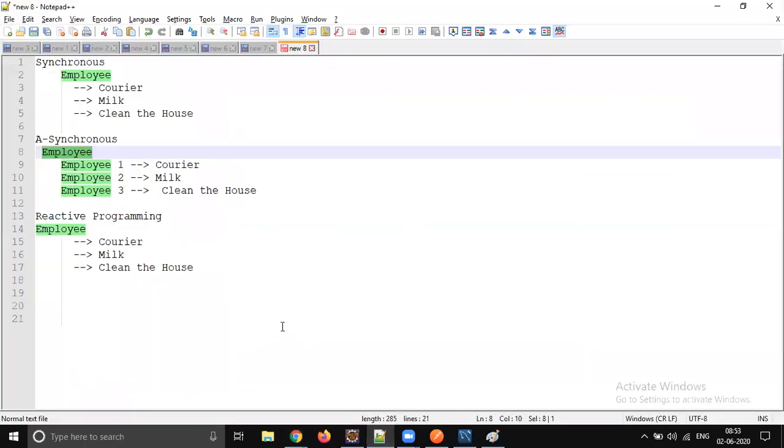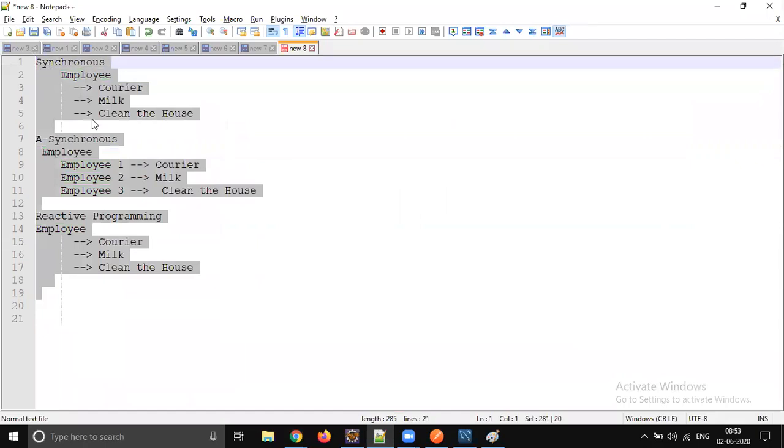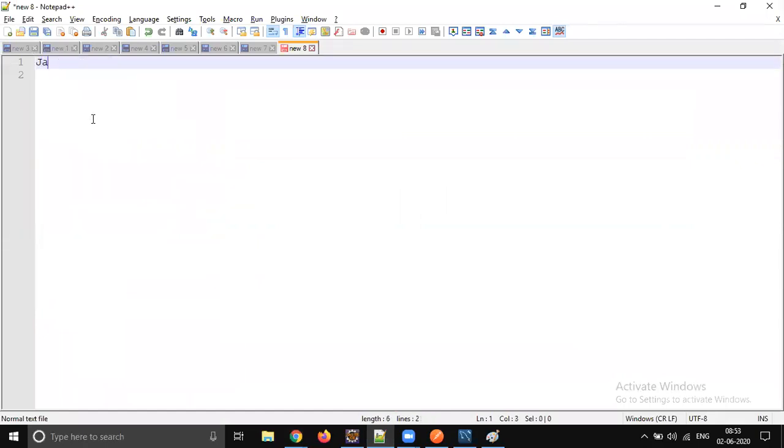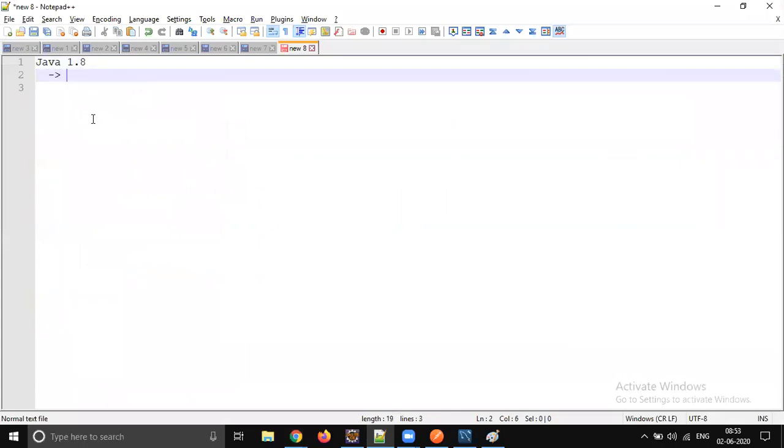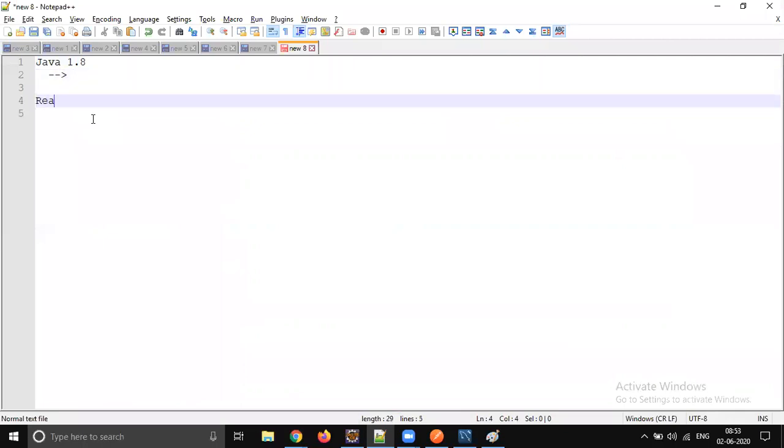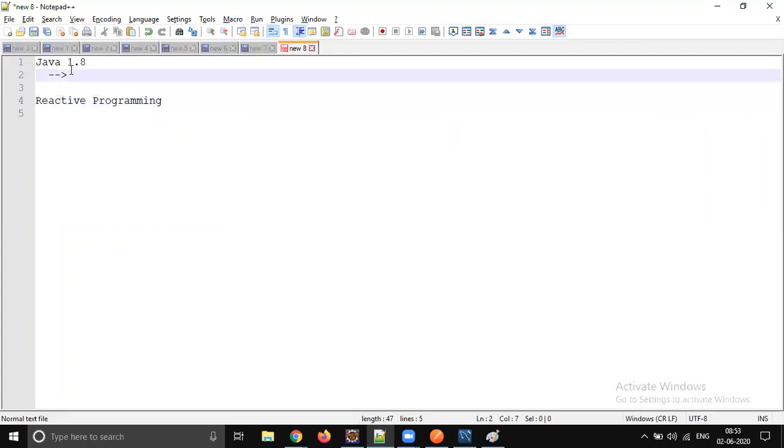Let's assume we are using Java 1.8 and we are going to use reactive programming in our code. It means we are not using Java's own reactive support; it's not from Oracle, it's from some third party.